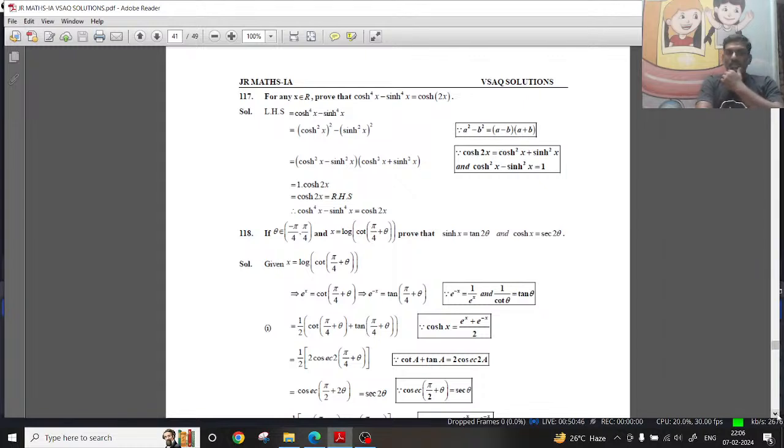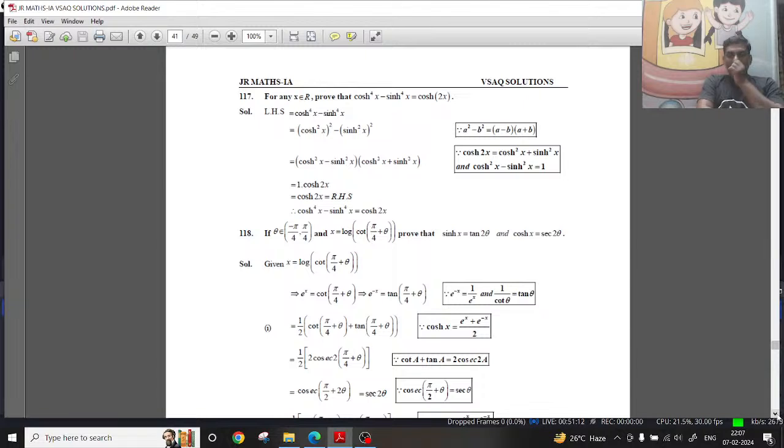If we eliminate this logarithm, we can get e power x is equals to cot of pi by 4 plus theta. E power minus x is equals to tan of pi by 4 plus theta. Sin hx is nothing but e power x minus e power minus x over 2. So it is cot of pi by 4 plus theta minus tan of pi by 4 plus theta whole divided by 2. Okay, if we simplify that,